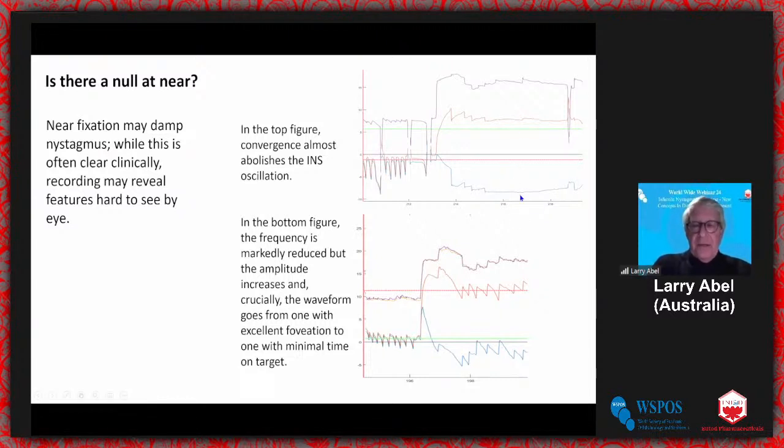That is a really good thing. It might suggest artificial divergence surgery or base out prisms with a -1 add. Here, another really good waveform in primary position. At near, the nystagmus slows way down. It gets somewhat, maybe a little larger, but the foveation is gone. So visually, this apparent null at near probably makes things worse. And it's the recording that allows you to see that.